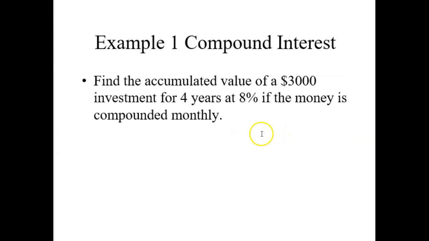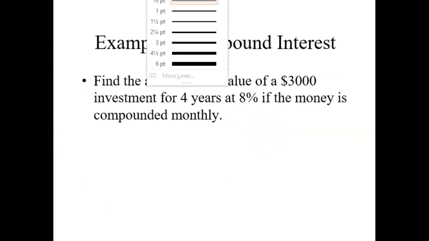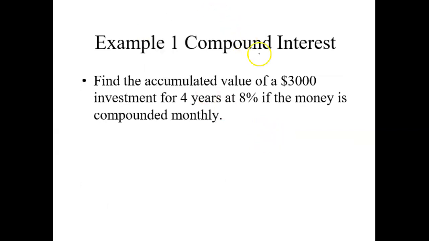Let's take a look at an example. The first thing you have to do is read the problem just to get some idea of what's going on. Find the accumulated value. So that's the A at the end. So A equals P times 1 plus r over n raised to the nt. The other trick here is you have to figure out the nt first. Sometimes you run into an order of operations issue, particularly on scientific calculators. Be in the habit of putting that in parentheses or figuring out nt first and then just using that number